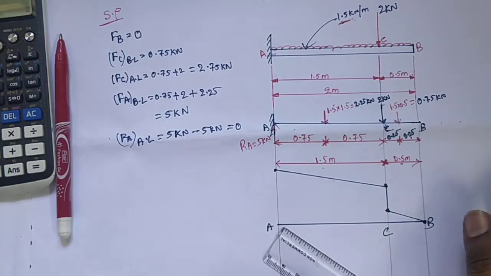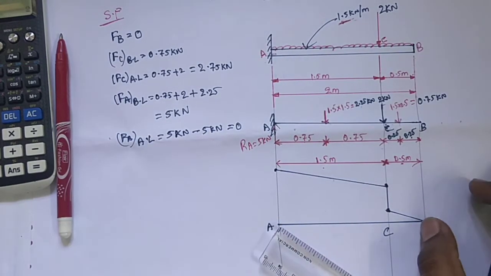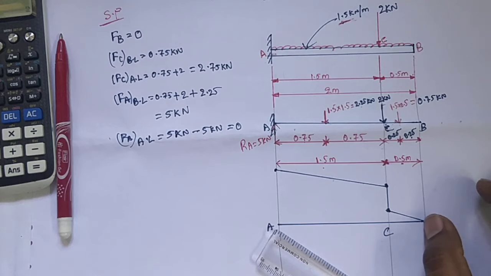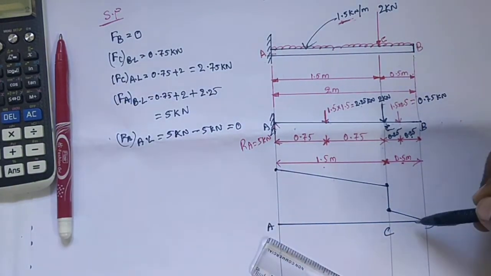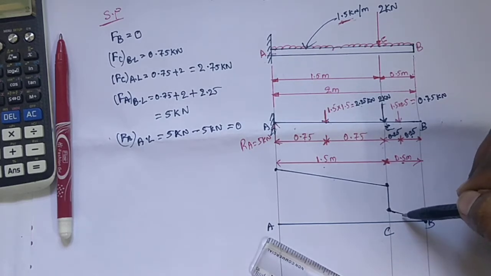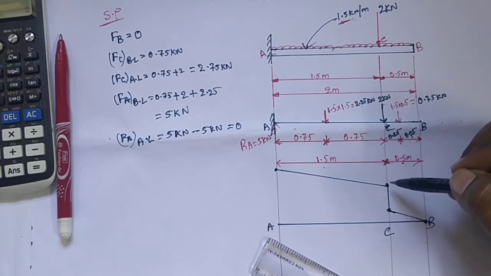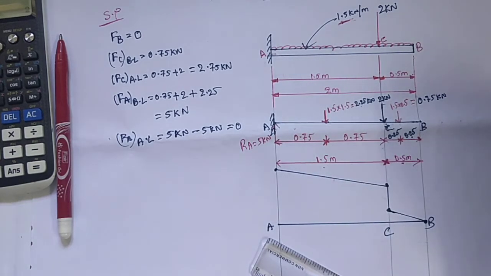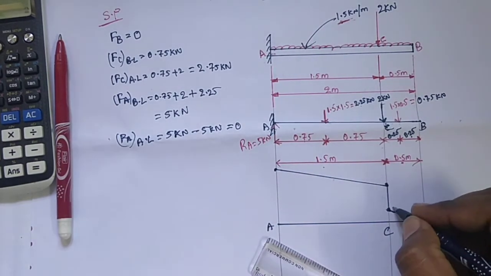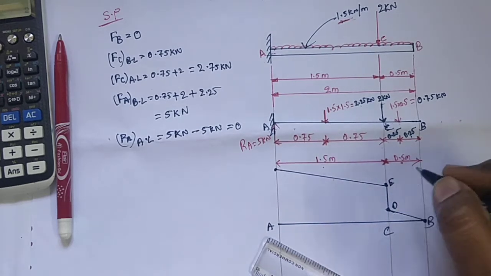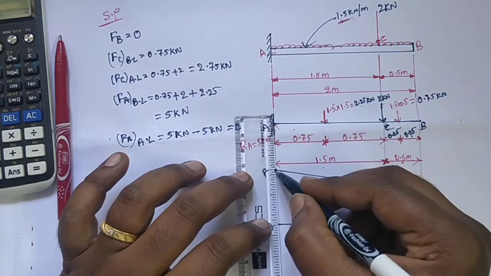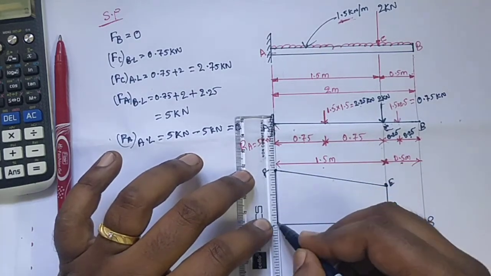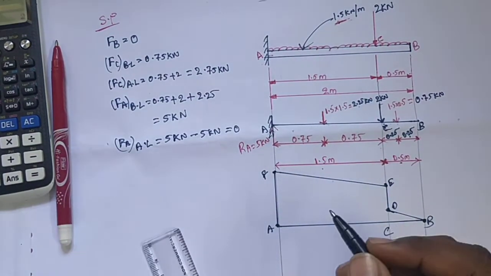Observe here the variation from point B to C is an inclined straight line. That means here the load is acting UDL, so the variation from this point to this point is an inclined straight line. Okay, next from point C to A also an inclined line. Okay, this point is D, and this one E, and this one is F. Okay, shear force at point A after considering the reaction force is 0. Okay, again it comes to 0 position.